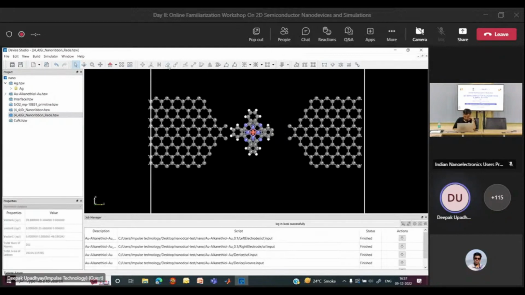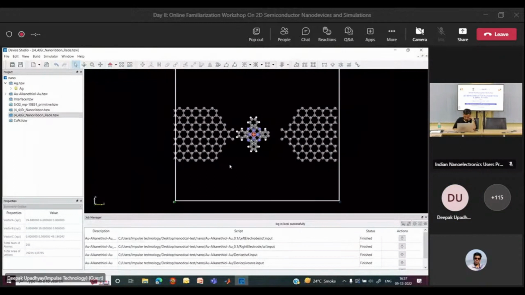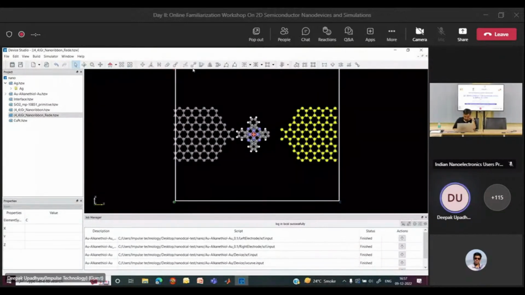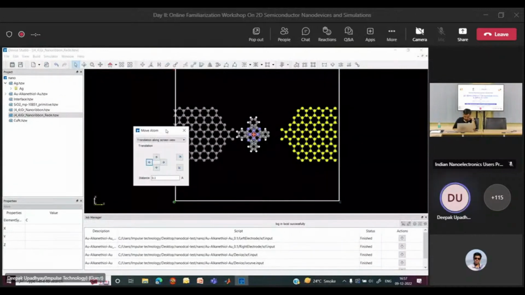So you can adjust as per your requirement, like just you need to move these atoms so that both